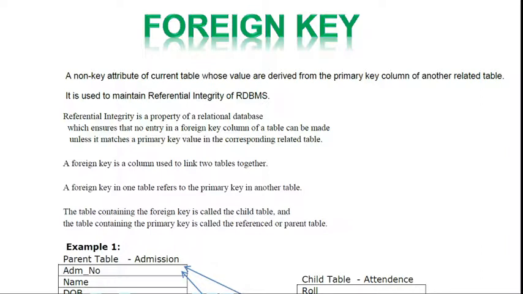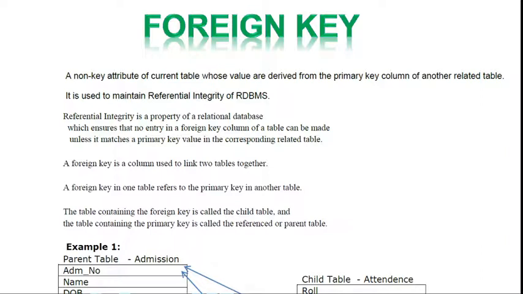The column in which duplicate entries are not allowed are called important column, and the columns in which you can store repeated information, those kind of columns are called non-key attribute or less important column